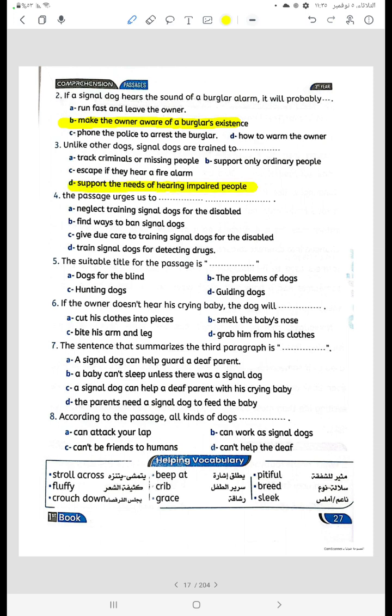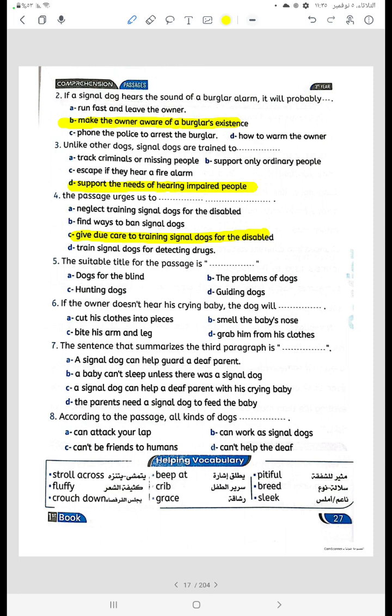Okay. The passage urges us بتحسنا أو بتنصحنا to neglect training signal dogs for the disabled. Find ways to ban signal dogs. Give due care to training signal dogs for the disabled. Train signal dogs for detecting drugs. رقم C. The suitable title for the passage is أحسن عنوان للقطعة إيه؟